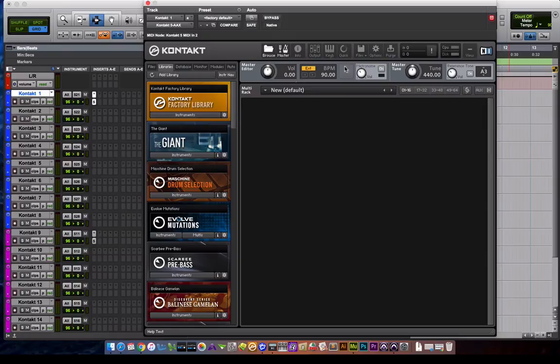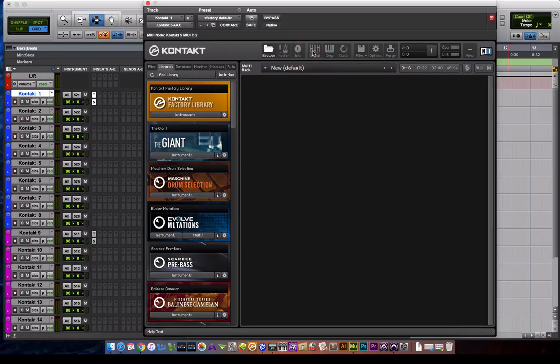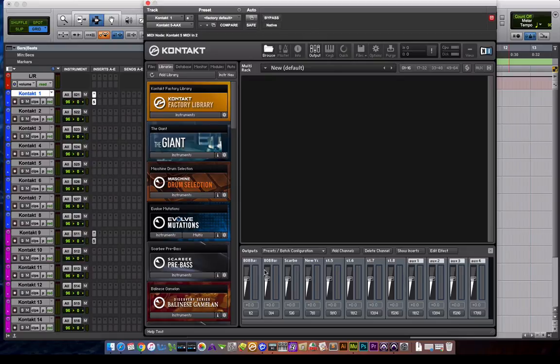This master pulls up the time and tempo. Info shows you information about each instrument. The output routes each instrument that you pull up to a different channel on your DAW. So I have 1 through 8 here on Pro Tools, routed to 1 through 8 here on Kontakt. If you are not using individual tracks, you're just going through one track, you don't need to worry about this